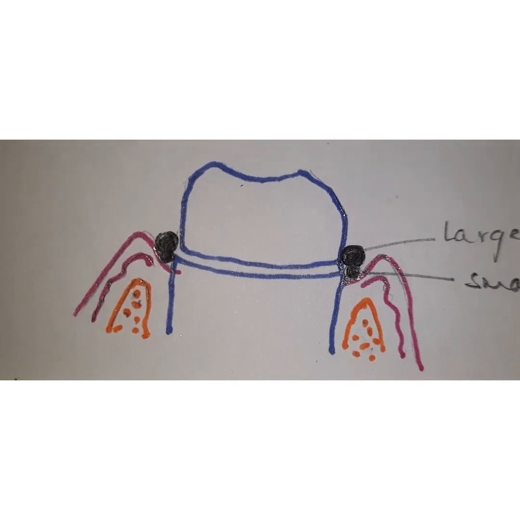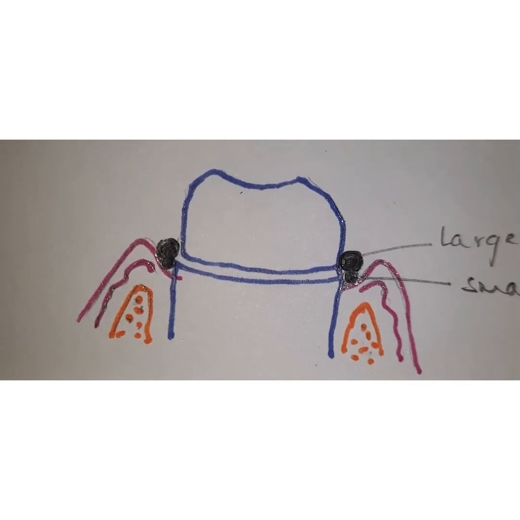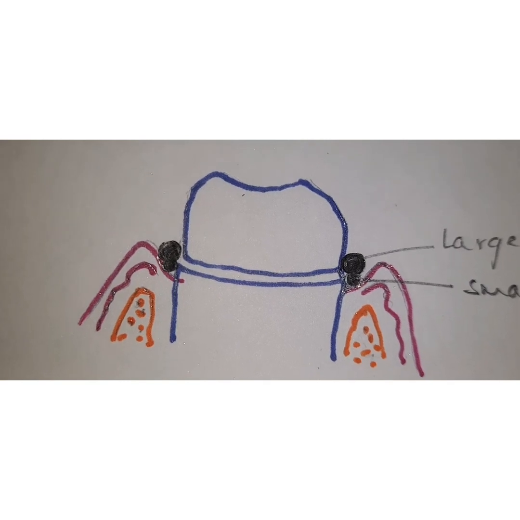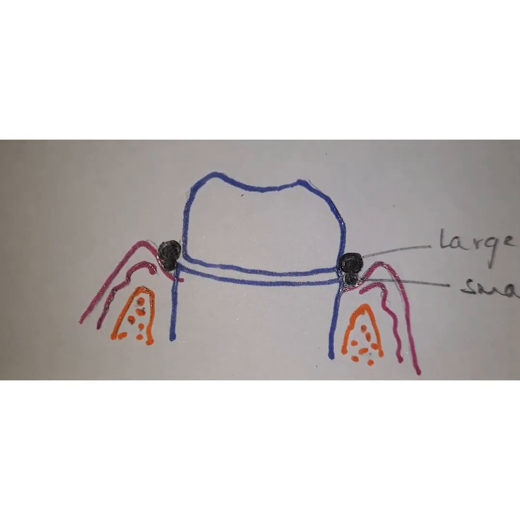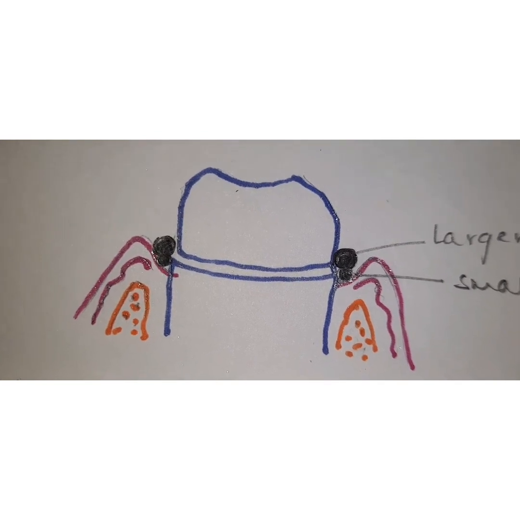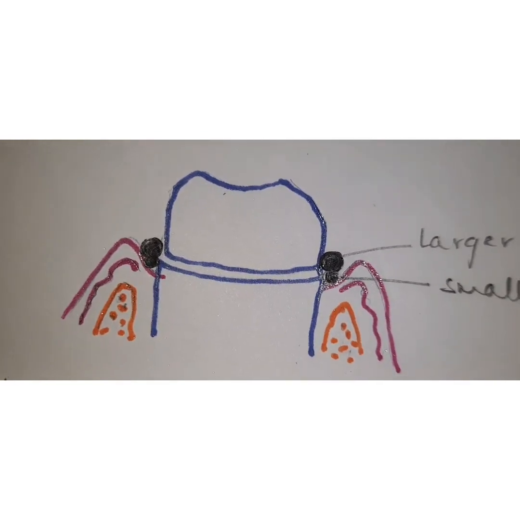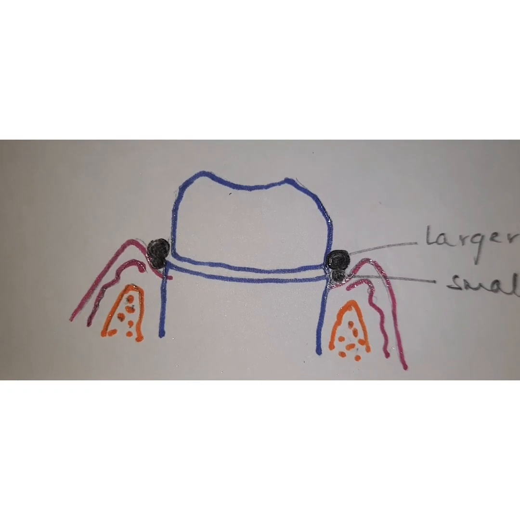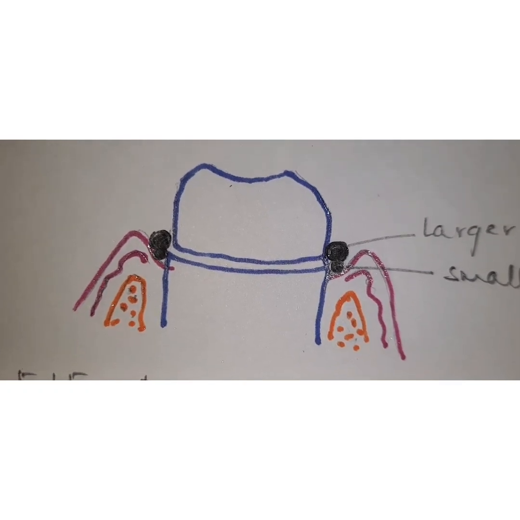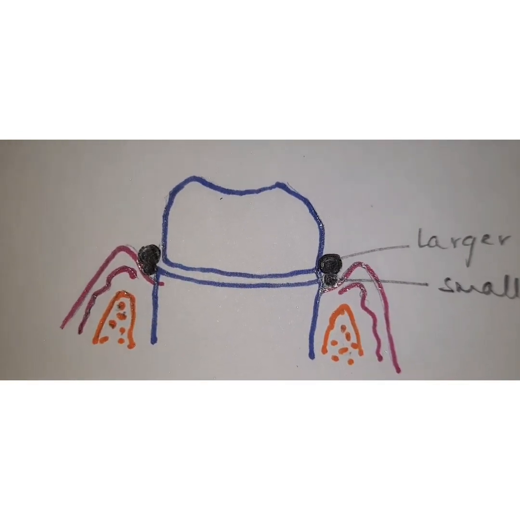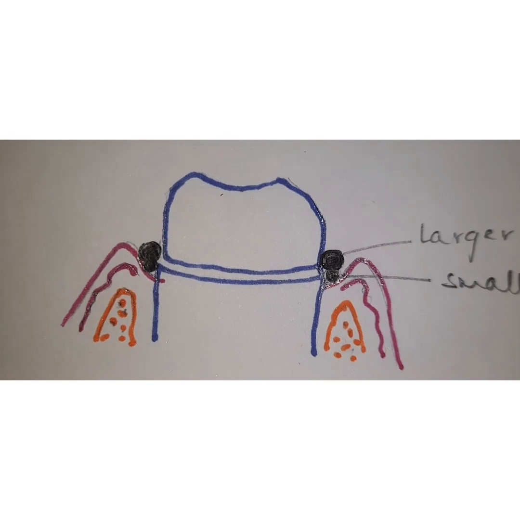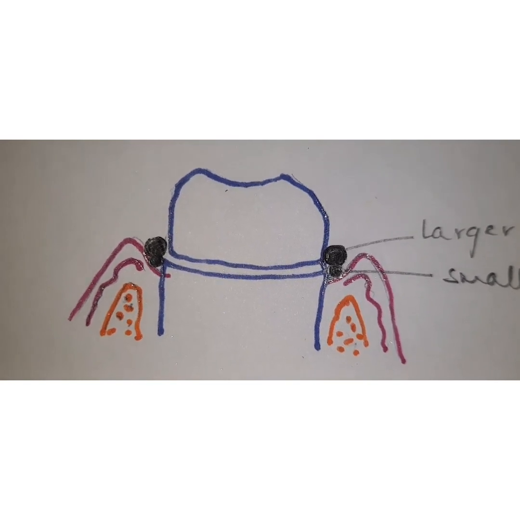One thing we have to keep in mind is that when we are making an impression, we will be removing only the larger diameter retraction cord, and we will leave the small diameter cord inside the sulcus. So we will wait for around 8 to 10 minutes before removing the large diameter cord, and the prepared tooth is then dried